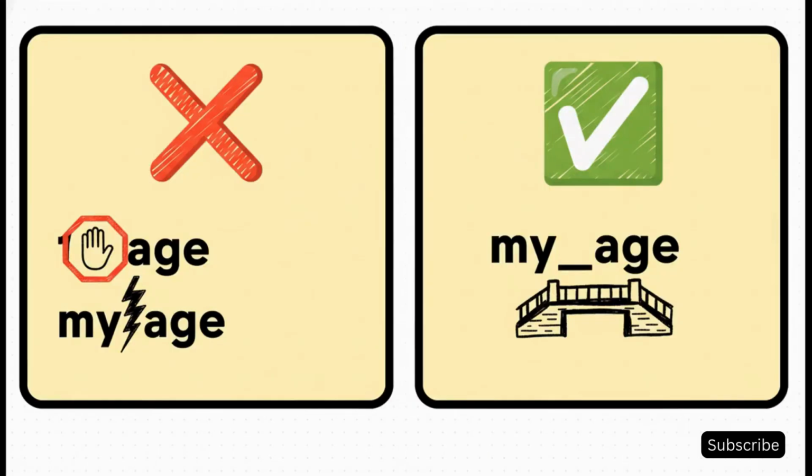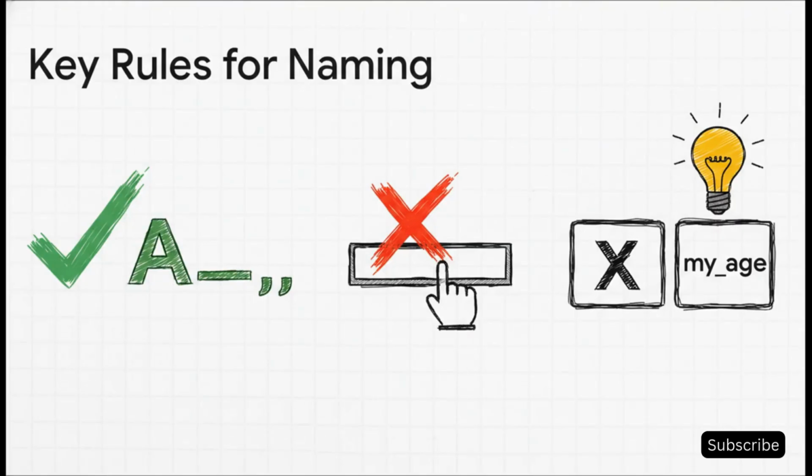All right, let's go over some really common mistakes super quick. Can you start a variable name with a number? Nope. Can you have a space in the middle? Absolutely not. The right way to handle multiple words is to use an underscore, like my_age. So the rules are pretty simple, right? Start with a letter or an underscore, no spaces, ever. And please, for your own sanity later on, use meaningful names. Calling something my_age is 1,000 times better than just calling it x. It makes your code so much easier to understand when you come back to it.